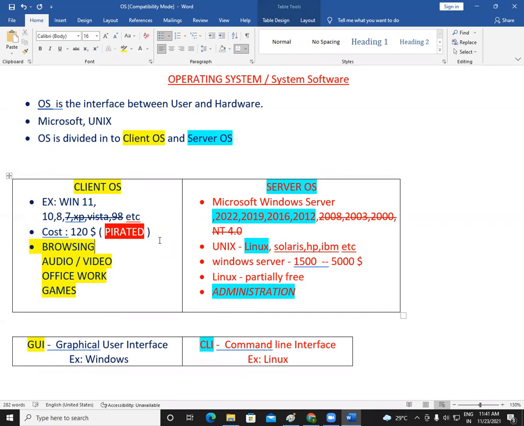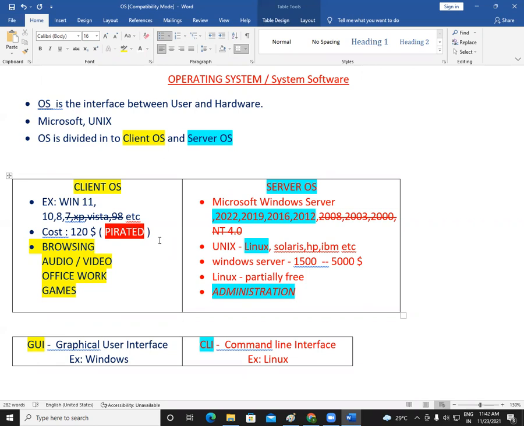A pirated operating system can be on the client as well as on the server. If you are using a pirated operating system, anytime the Microsoft people can come and check your machine. Normally, they won't go to a personal computer in your home, but they can go to any company, because in companies there are tens, hundreds or even thousands of computers and many servers.